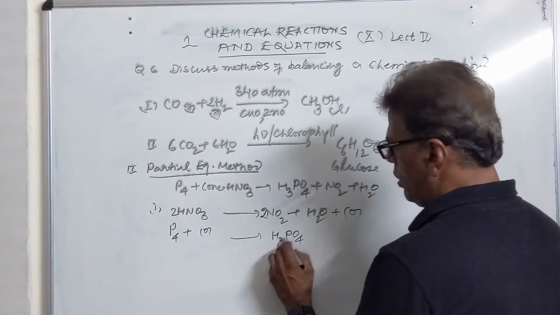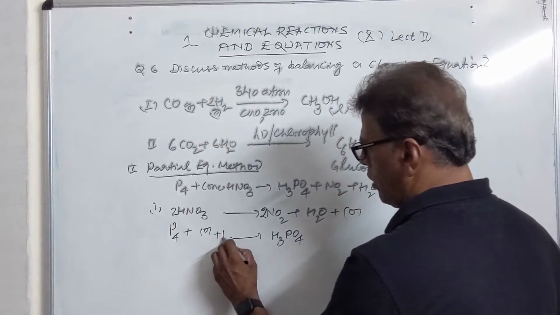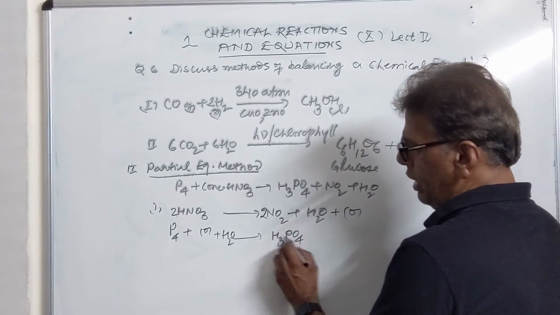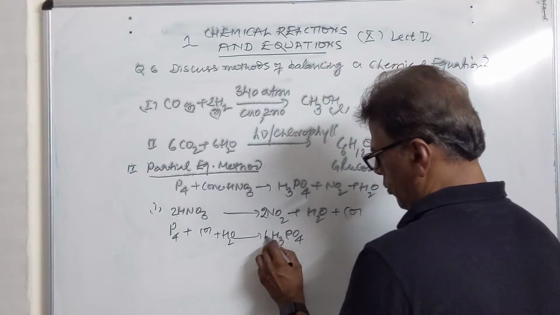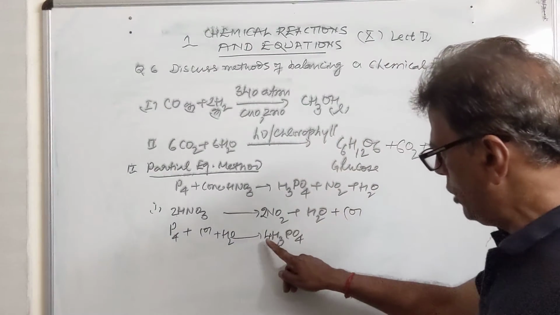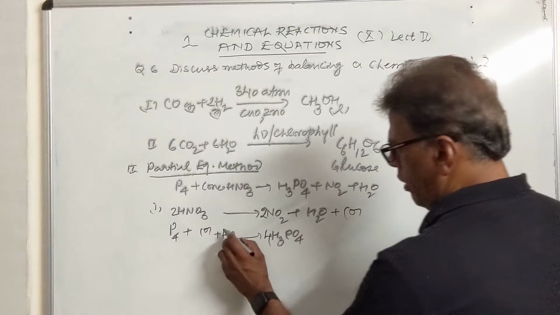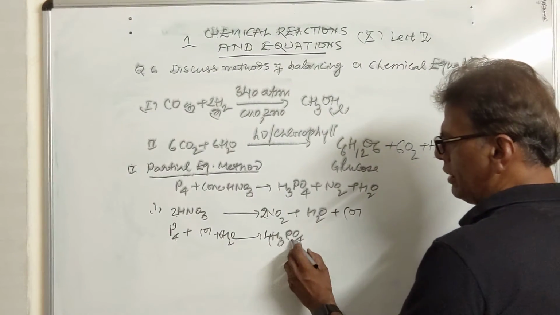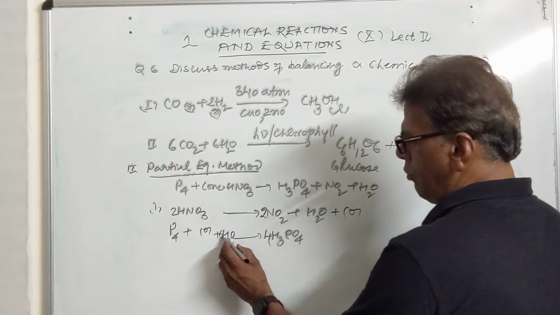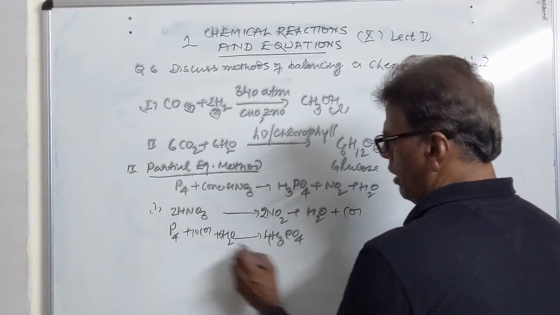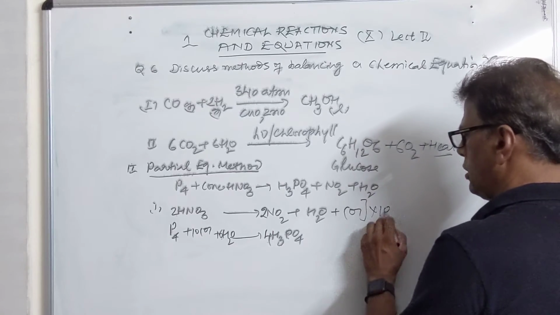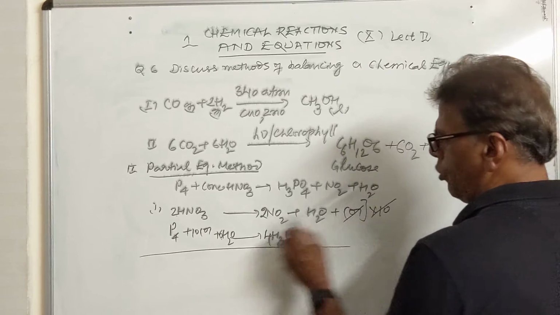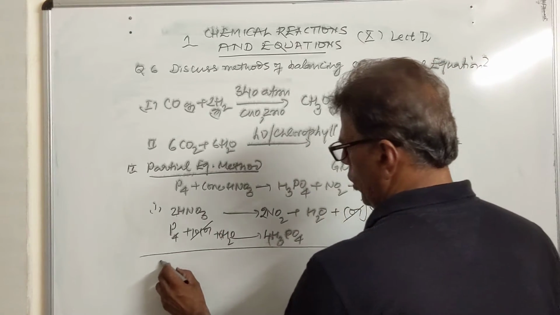Now this hydrogen comes from water, so we will add water here. In doing so, we do not have 4 phosphorus here, so we have 4 here, so multiply it by 4. In doing so, we have 12 hydrogen here, so multiply water by 6, and we have 12 hydrogen. Now balancing oxygen, we have 16 oxygen here, and we have 6 here, so 10 is needed, and multiply this equation by 10. Now you cancel out the common reactant, that is oxygen is cancelled here.